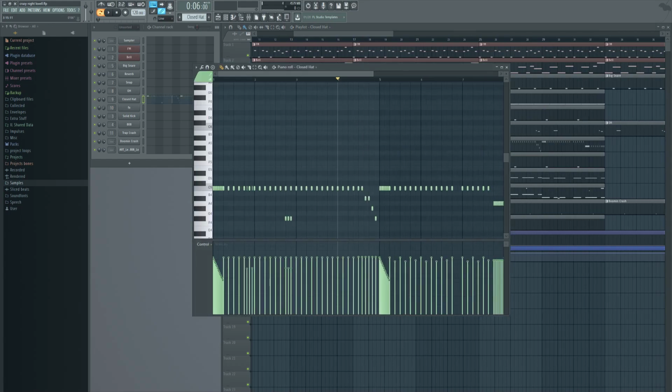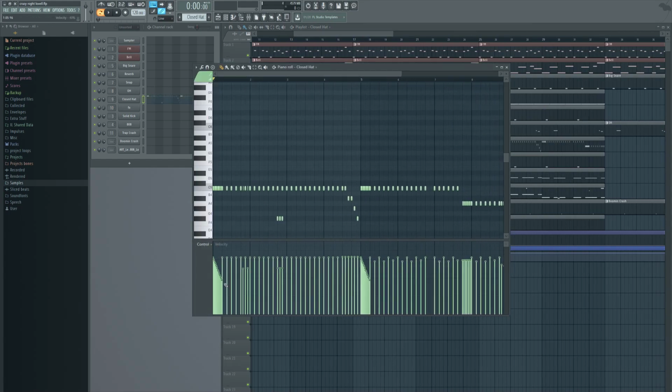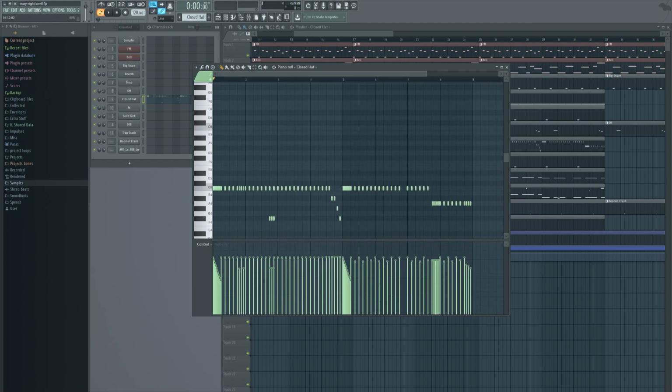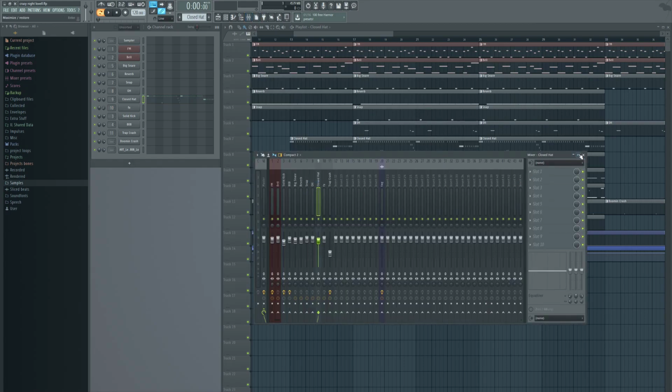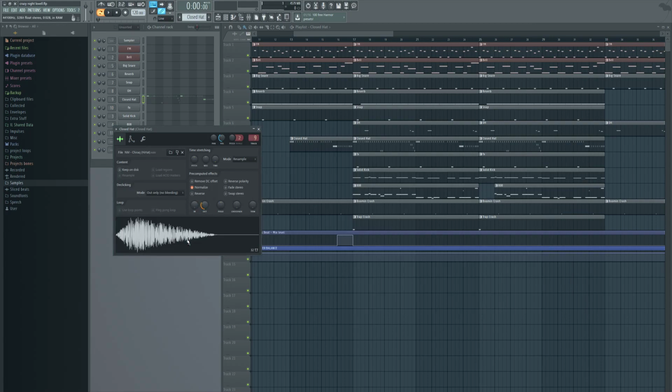The closed hats, pretty simple pattern. Of course, I have the staircase in there. I'll play the pattern for you by itself. So pretty standard. The hat sound is a little different than normal. It's a Nick Mira hat with the out turned up, so